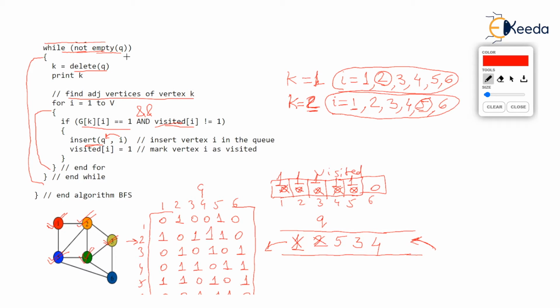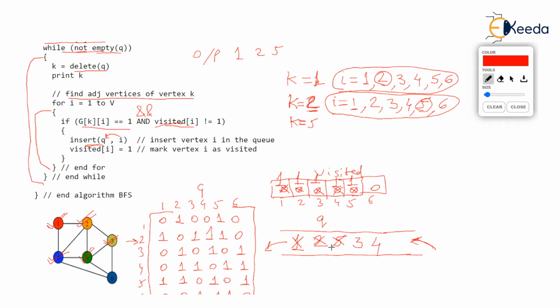So now let's see the summary instead of going through line after line. What will happen when the while continues? Delete the frontmost element and give it to k. So now k will become 5. After making k as 5, you print k. That's the next line. So up till now the outputs due to BFS were 1, 2 and 5. And remember 5 is already marked as visited. Check the visited 5 element, it is 1.